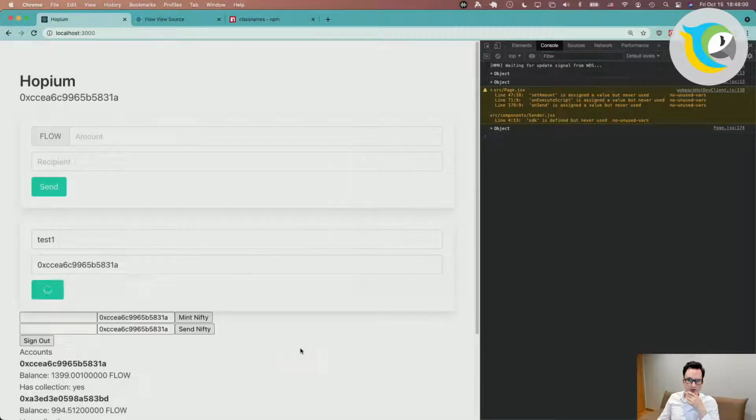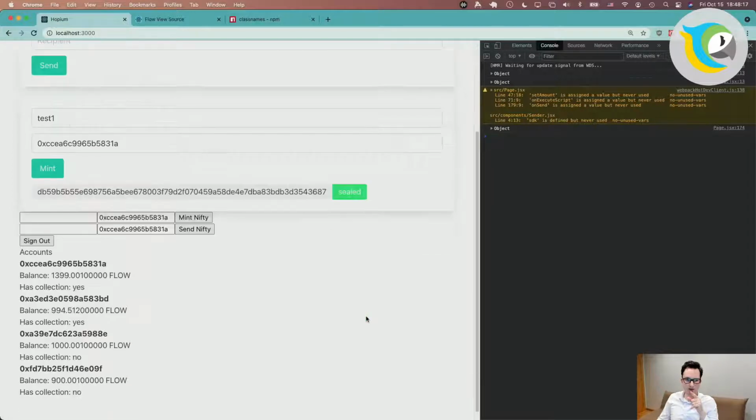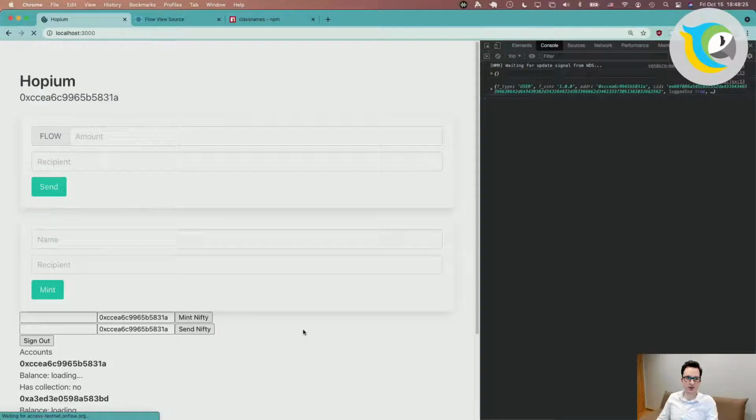We click approve. So far so good. We have a transaction ID. It's pending. That's nice. It's executed, which means we had no errors in there, and it's sealed. All right. That went surprisingly well.